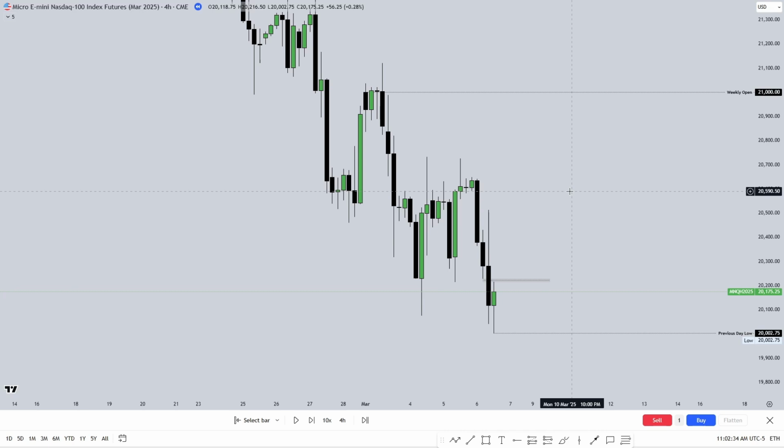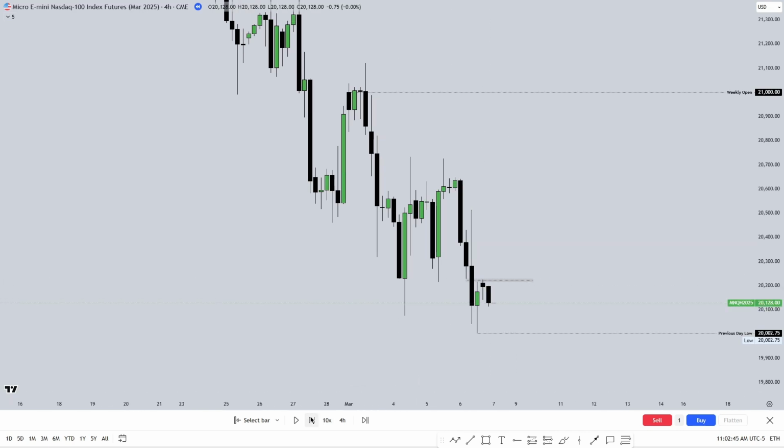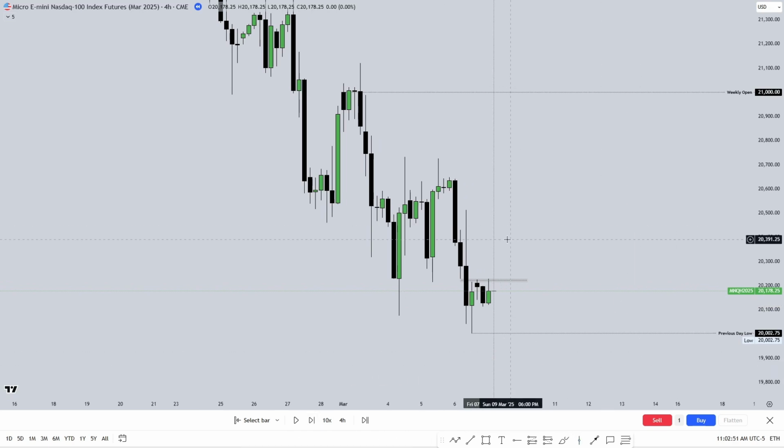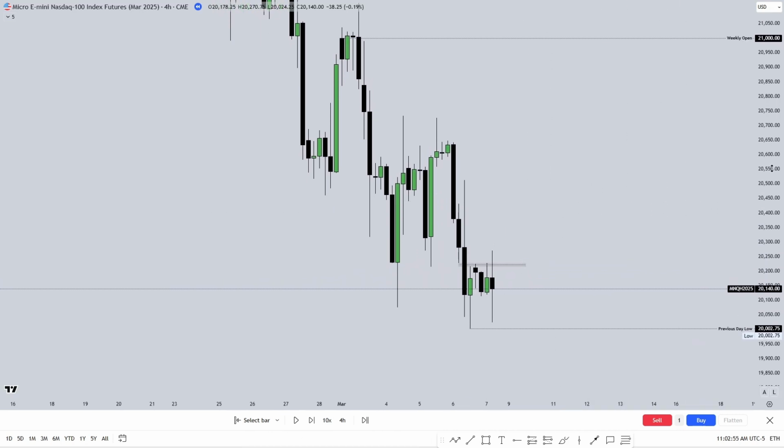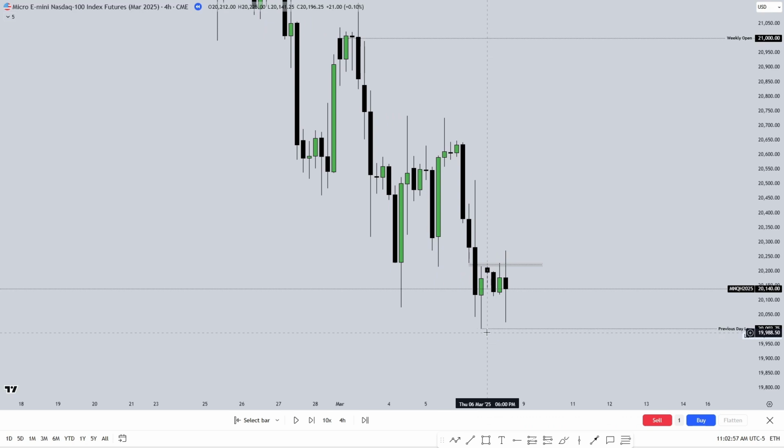So starting on the 4 hour time frame at this point, let's bump it up to Friday here at the 6 a.m. 4 hour candle, which is going to be right here. Okay. So you can see at this point, this is the previous day low right here. It's still intact, and we have equal lows with it at this point.